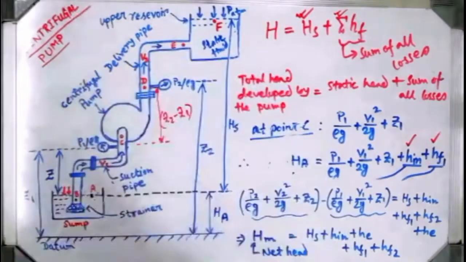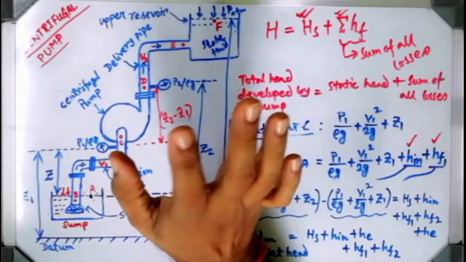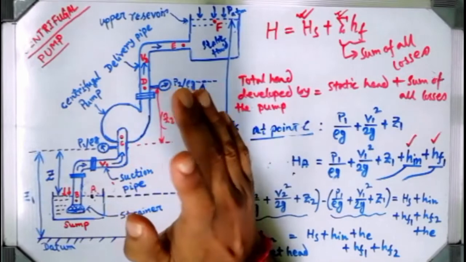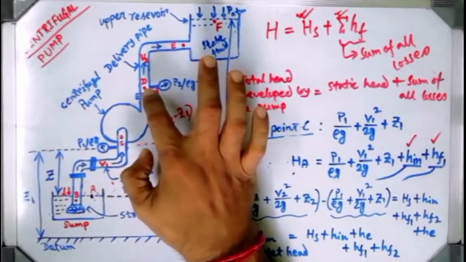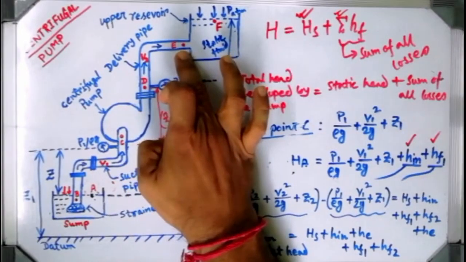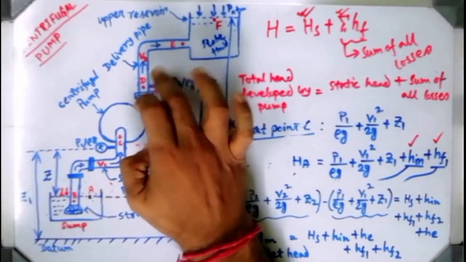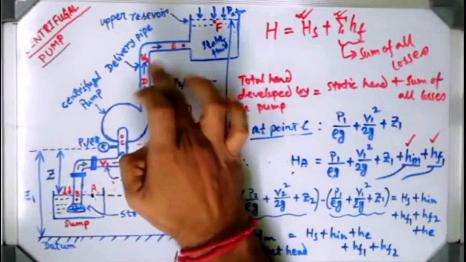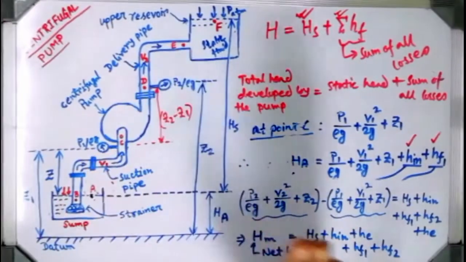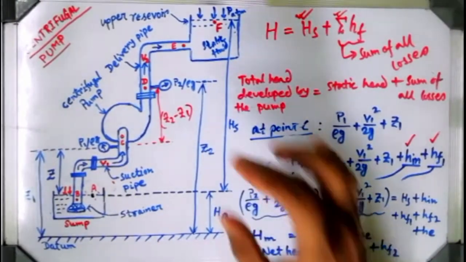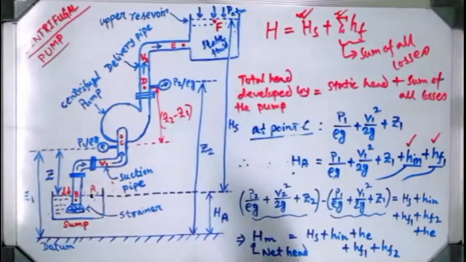I never mentioned or applied point D and point E. You can say it will be the same only if you ignore the loss; otherwise it will never be the same. Because the frictional head loss at point D and at point E will not be the same, because you are traveling a long pipe when you go from point D to point E. If we neglect them, then you can consider it, but still it will not remain the same, because point E will be somewhat more elevated than point D.